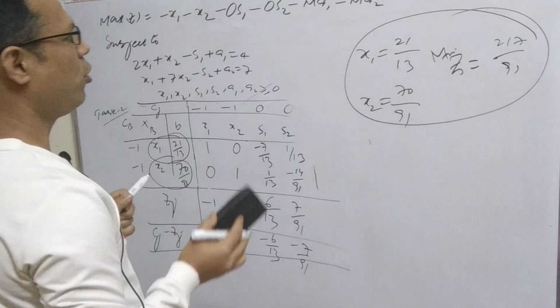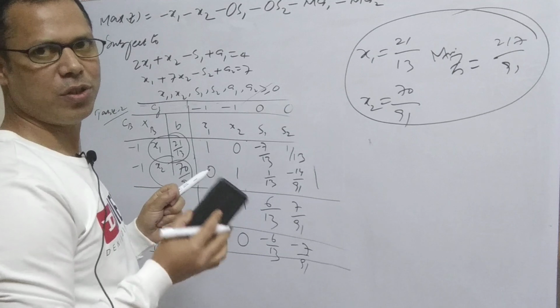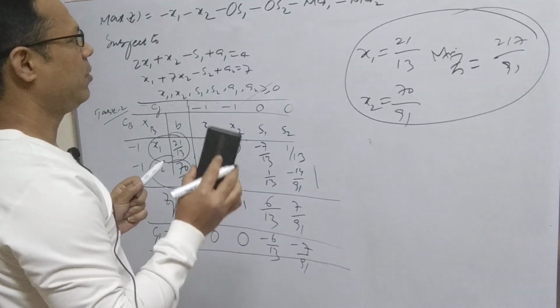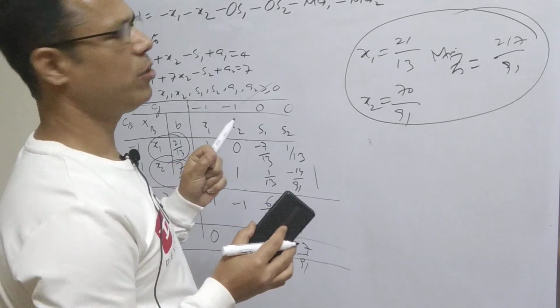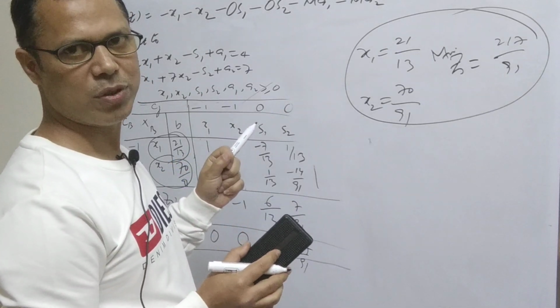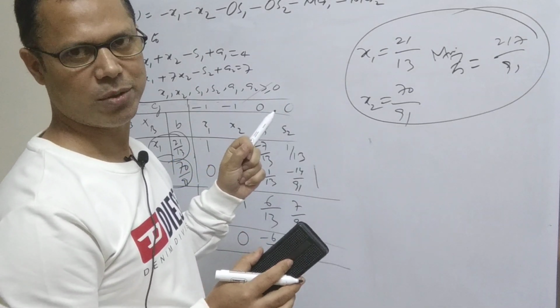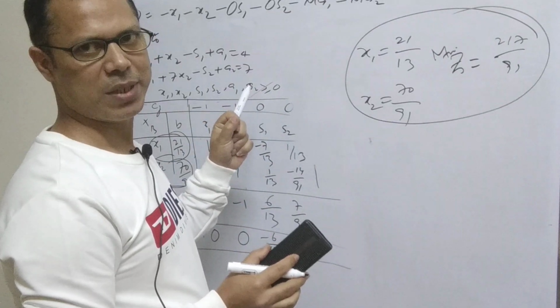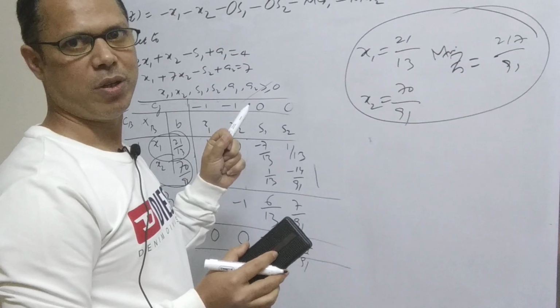So now I am going to stop this video, and in the next video I will explain other examples, some of which will give you a feasible type of solution, and some questions will give you an unbounded type of solution. We will take the examples and solve them by applying the simplex method, and we will get the result.